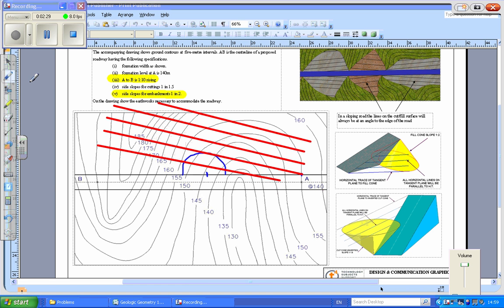Now, if I start joining my dots, this line is 140. It hits the contour of 140 here and here. The next line outside that is 135, but that does not strike the 135 contour. The next line inside that is 145, and it strikes a contour here, and it strikes a contour here. So now I've got 4 dots, and joining those 4 dots will give me the fill for that side of